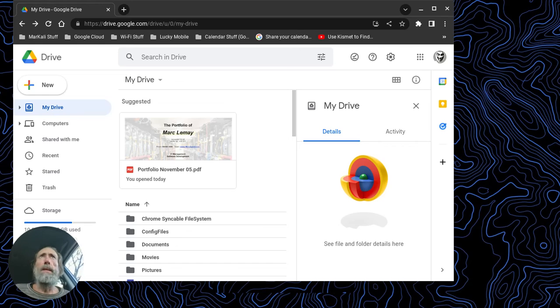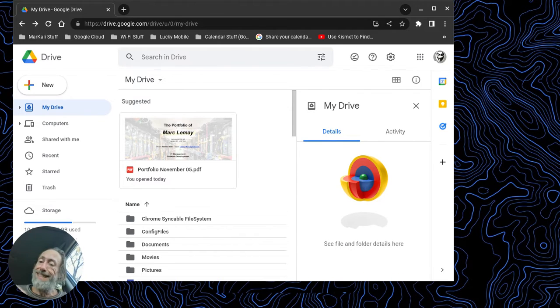I'd like to show you something that is very cool: you can access your Google Drive from a Crosh shell if you have a Chromebook. My Chromebook is in developer mode. If your Chromebook is not in developer mode, perhaps it is possible, but I'm not sure. But if your Chromebook is configured in developer mode, then you can access your Google Drive